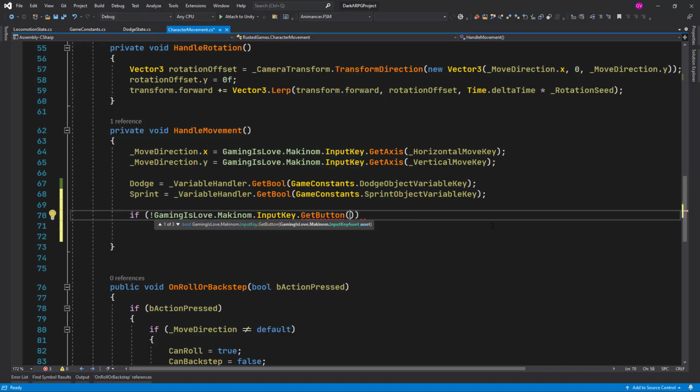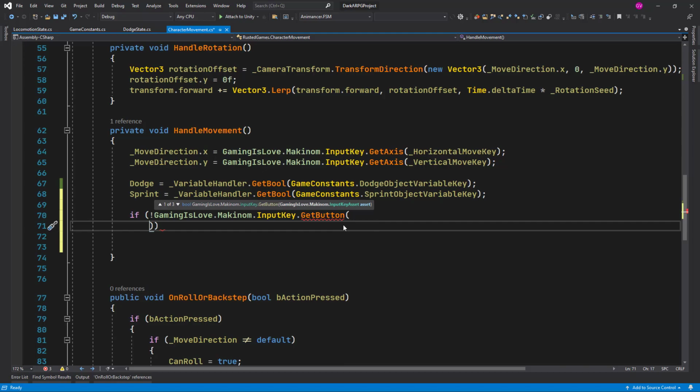Now we need to pass here an input key asset, so we can start typing Gaming is Love. I'm using the whole namespace for learning purposes. You can add this in the using statement and not do that. So in this case we use the Mackie namespace, input keys,